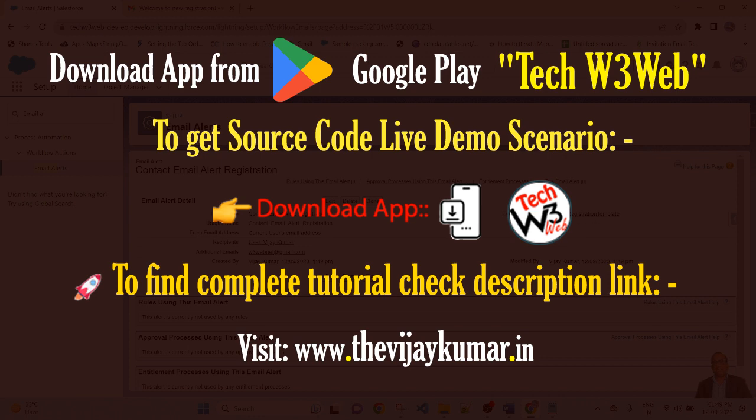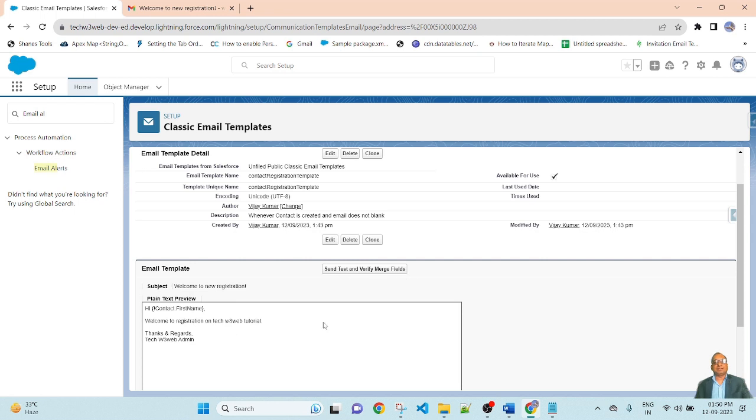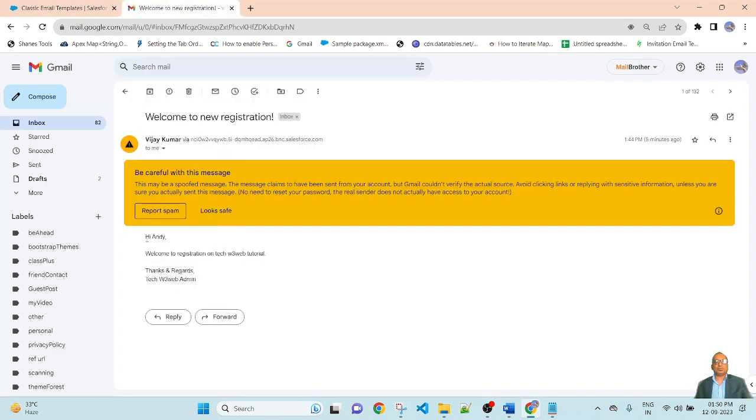The email template name is contact registration template. In the classic email template, I checked the email template format on my Gmail account. From here, you can check your email template and send it to your email account, and you can verify what your email template looks like.